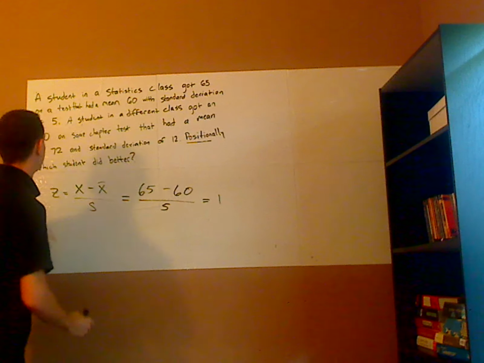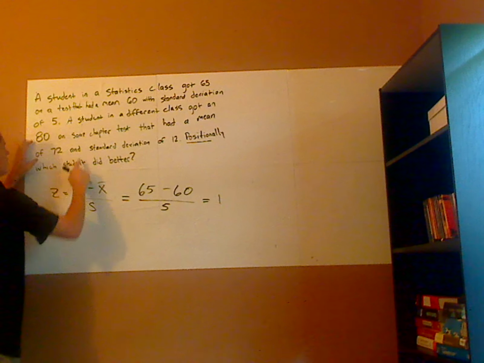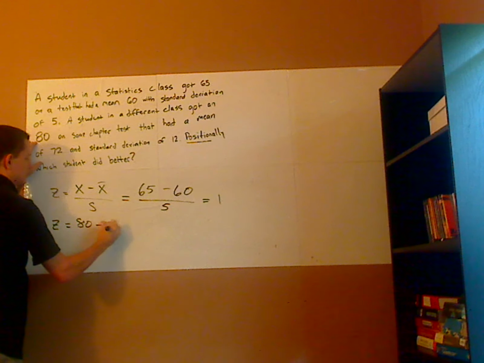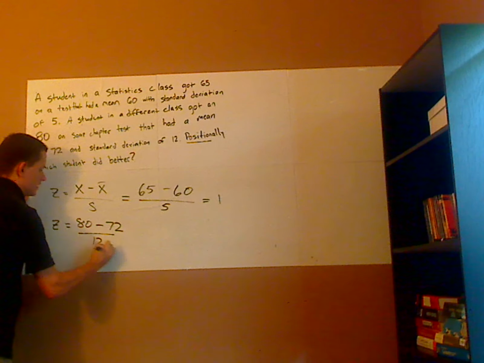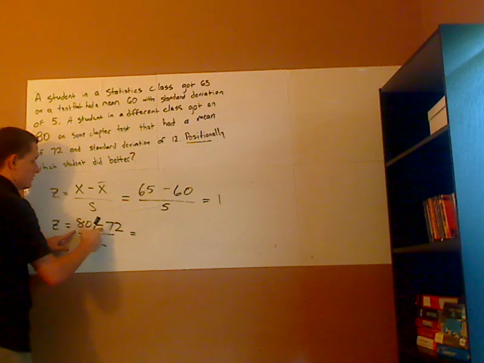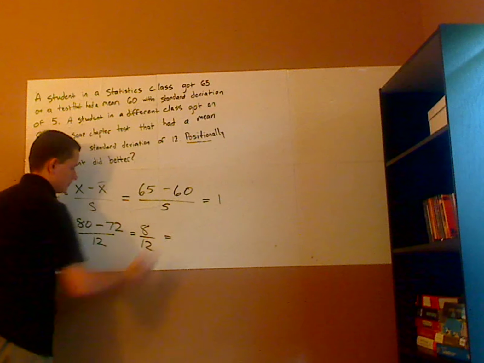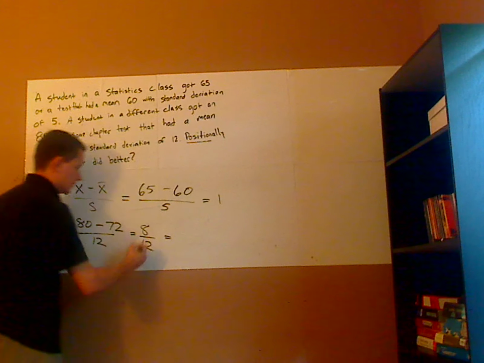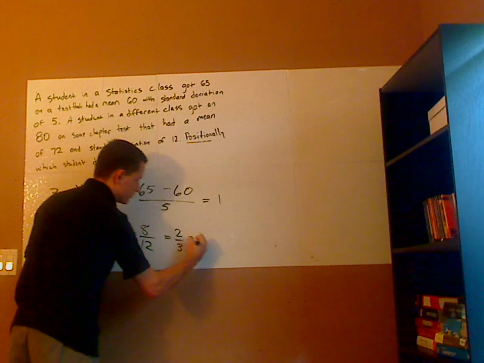Now I compare the other score. Again, I'm going to use the z-score. So it's 80 minus the mean over the standard deviation. So I calculate this. 80 minus 72 is 8. That's 8 over 12, which is, let's see, this is divisible, 2/3, which is approximately